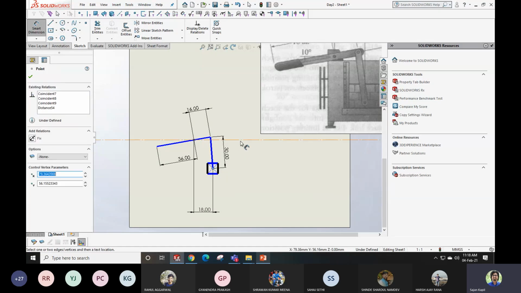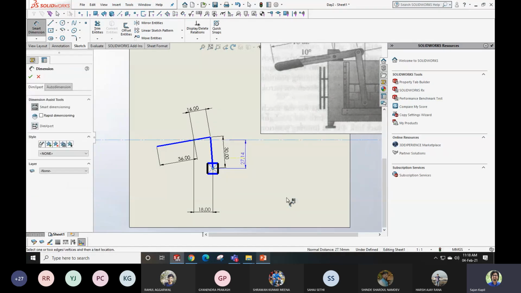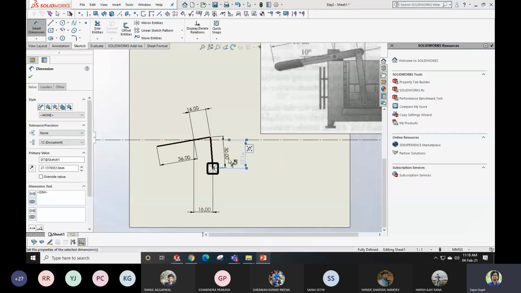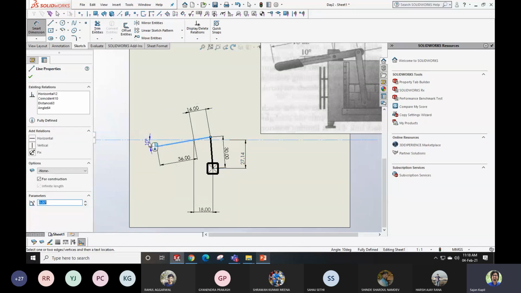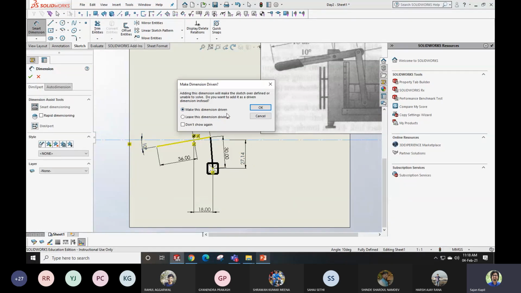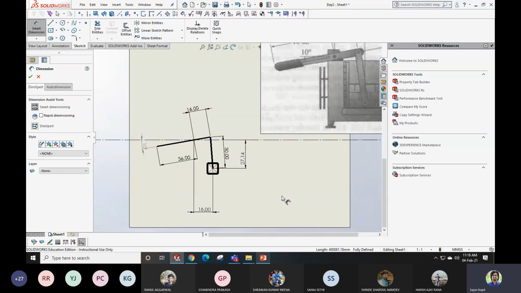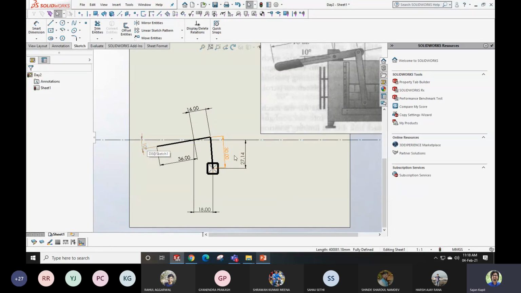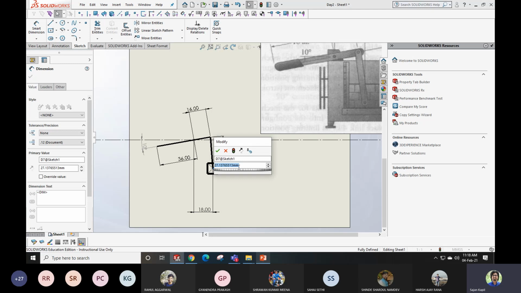So what I'll do is constrain this to this, at a distance of whatever it is in the beginning, and the angle between them is 10 degrees. It will ask when I say make this dimension driven. Fine, it is driven. Means if I change it, it will automatically change. So if the lid is raised by 3 inch, how much should I subtract?